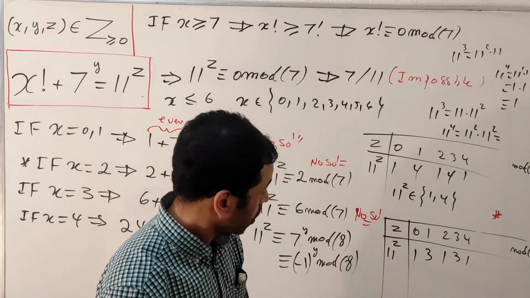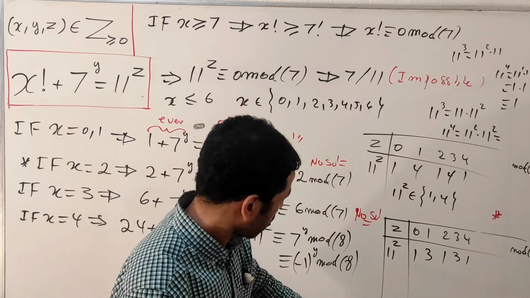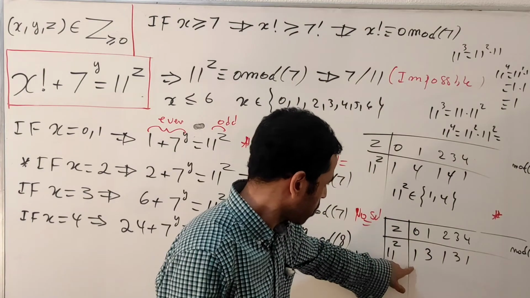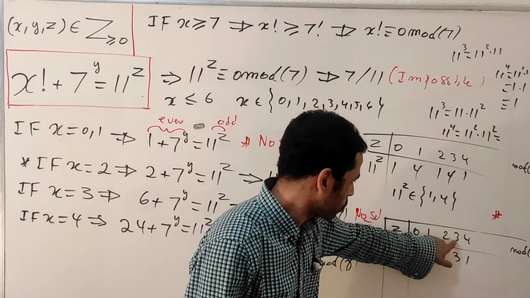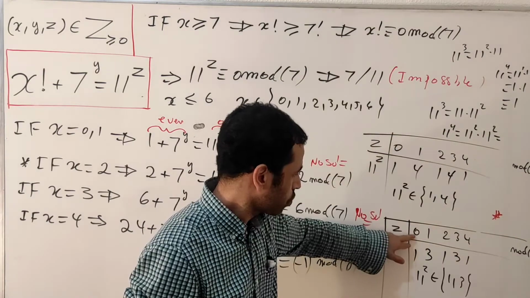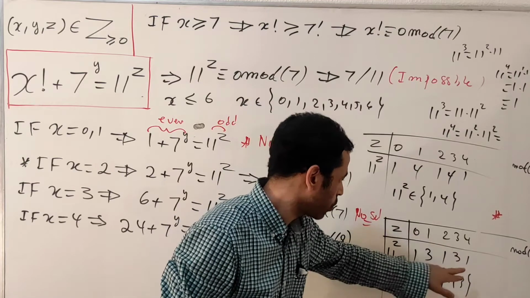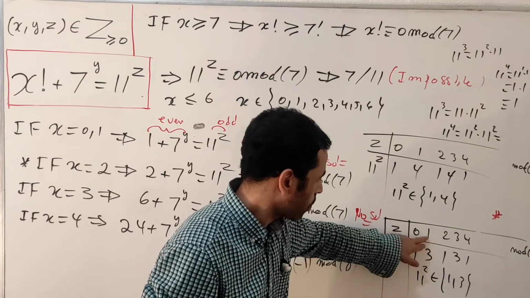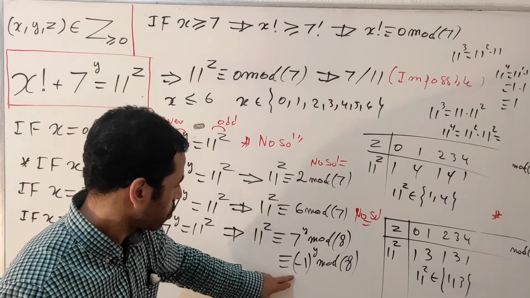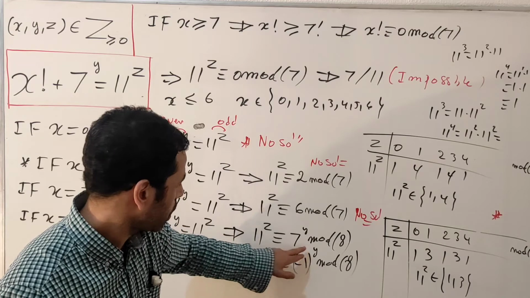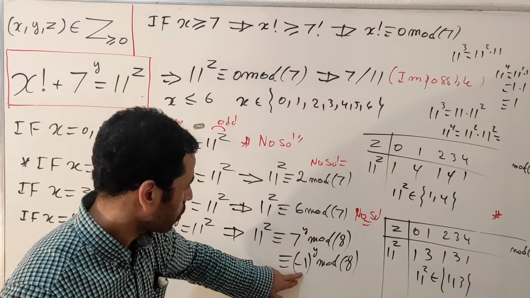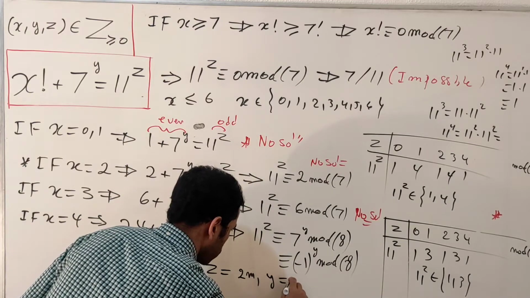Now we are going to look at the parity of these terms. 0 gives 1, 1 gives 3, 2 gives 1, 3 gives 3. So we have 1 and 3 in this set. When we have even numbers 0, 2, 4, we get number 1. When we have odd numbers 1, 3, we get number 3. So I'm going to make the comparison between y and z in the exponents, because to get number 1 here, we must have it as a 2n.